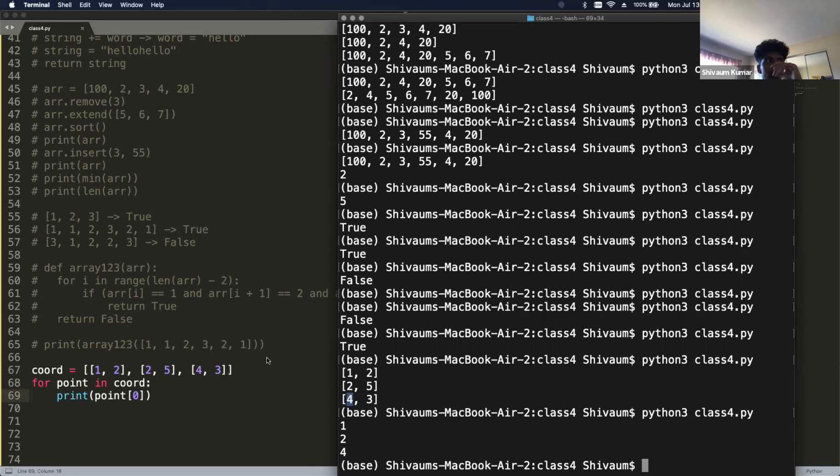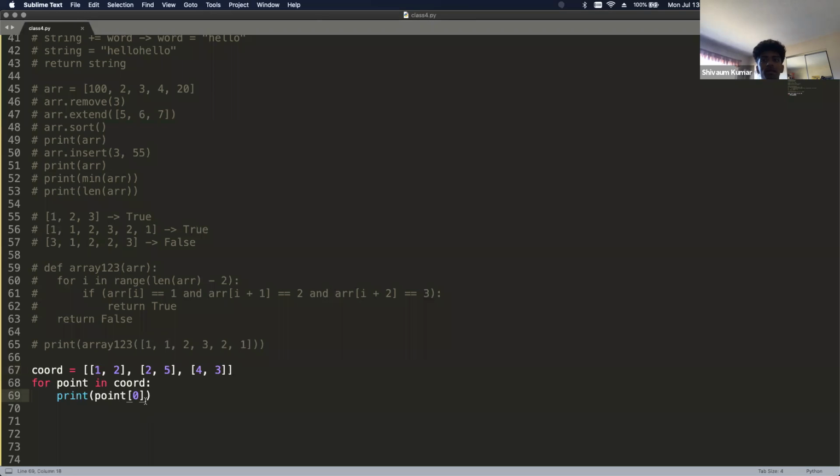So this is how you can go through a plane, or coordinates, or a 2D array. For example, if I wanted to print it out how you would see it in a math problem, I can say print str of point 0, because we're printing out integers and strings together, and then str of point 1.